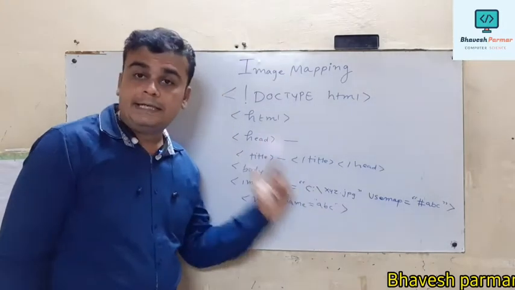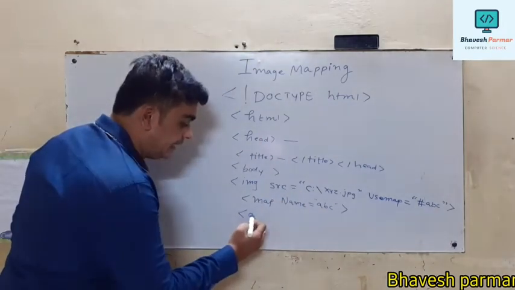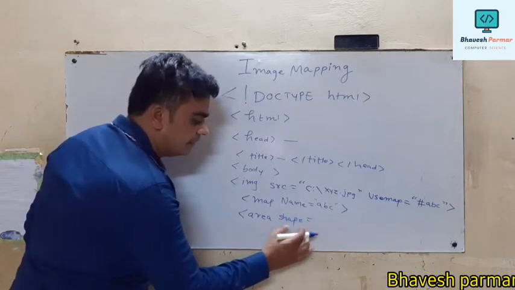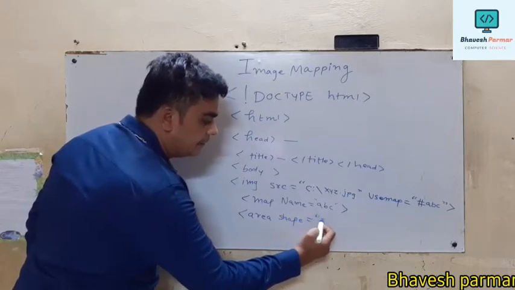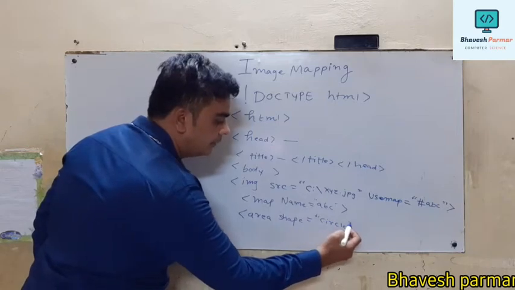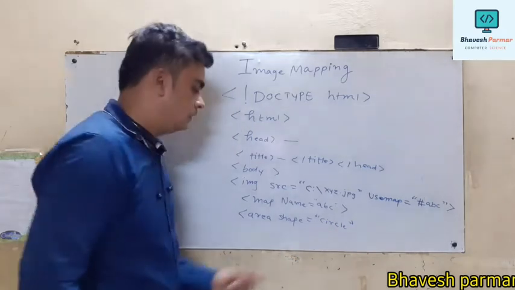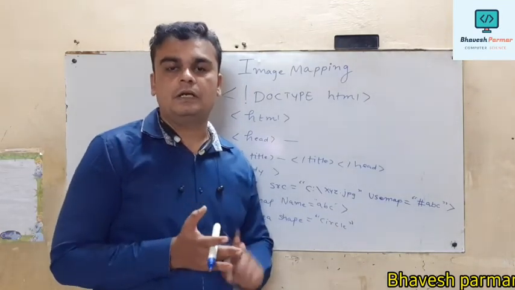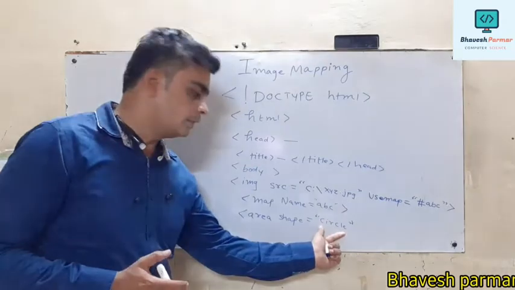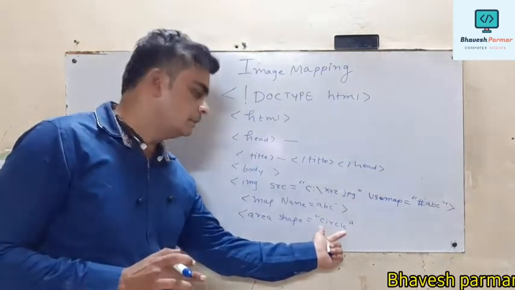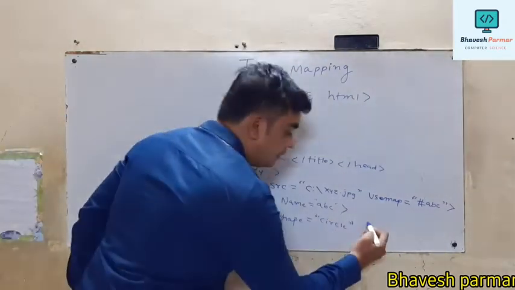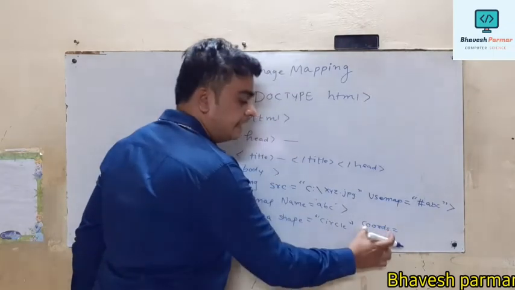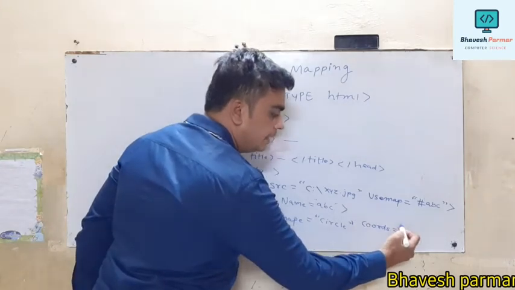Thereafter the next tag is our area tag. Then I am using the shape attribute, and in shape, in double inverted commas, I am going to write circle. We have drawn three different geometric shapes: circle, rectangle and polygon. So first of all I am going to add the shape circle. Thereafter you have to write down COORDS. Note that guys, it is a single word, COORDS.